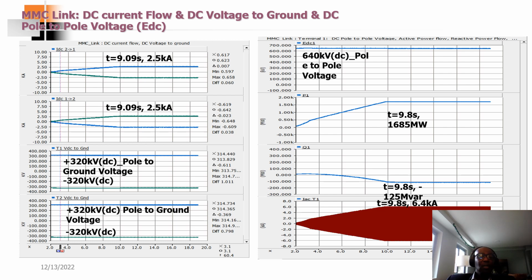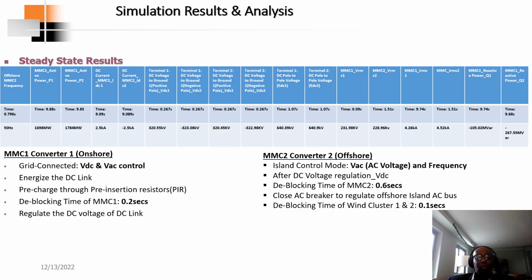Okay, so for the DC voltage to ground, pole to ground voltage, I was able to achieve 320 kV to ground, minus 320 kV DC. Then pole to pole, 640 kV DC voltage, I was able to achieve that. So this is basically a table that shows the results of the steady state simulation. And like I indicated,